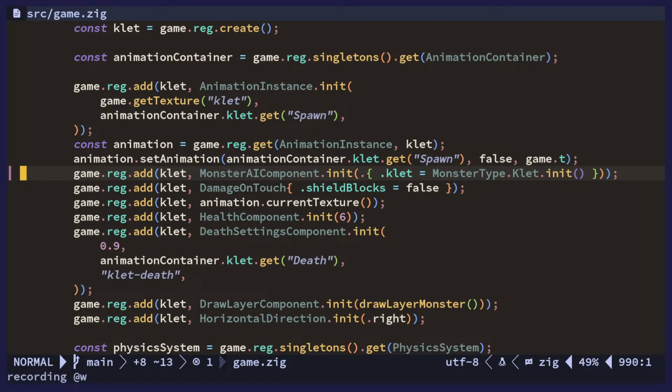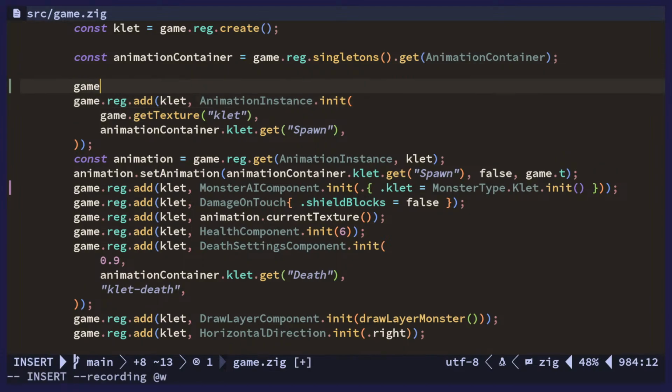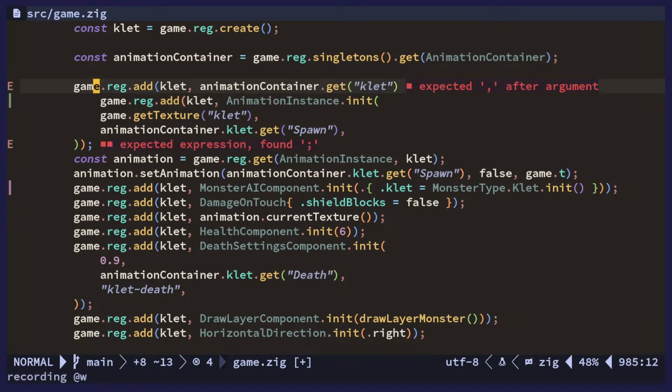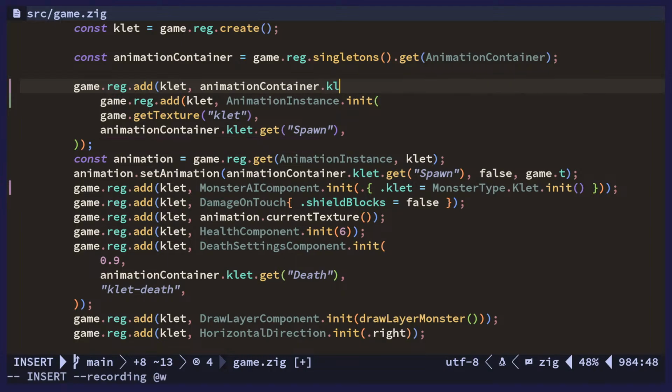Okay, and then we need to add the animation instance, or the animation container. This one. Oh wait, no, it's simply this one, I think. So that will actually add